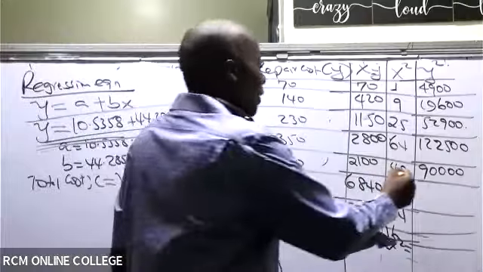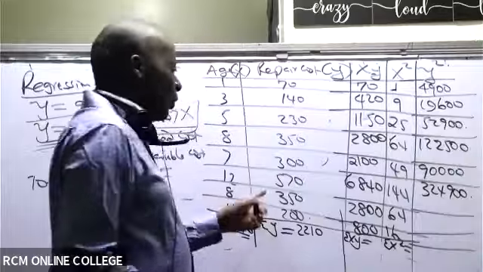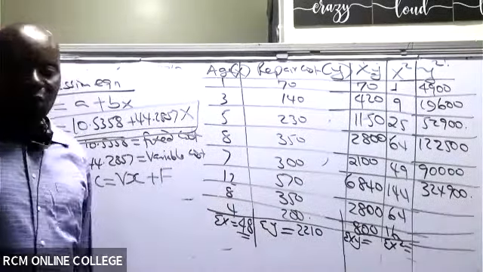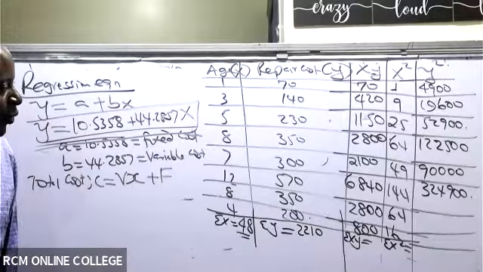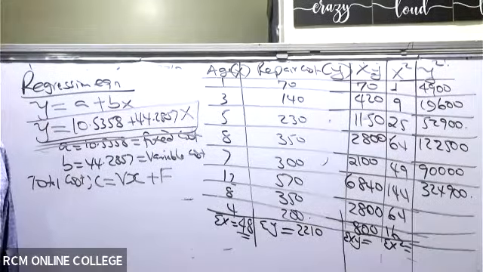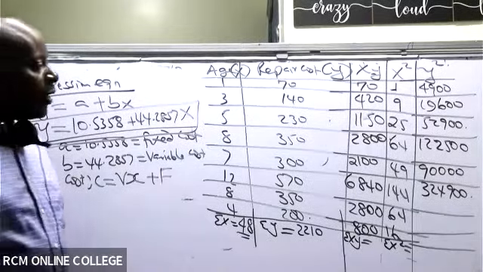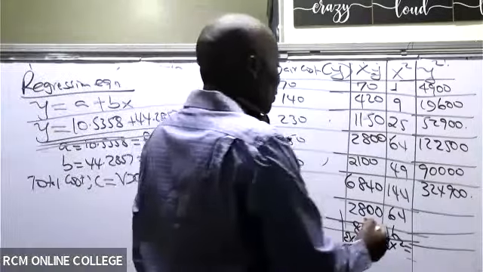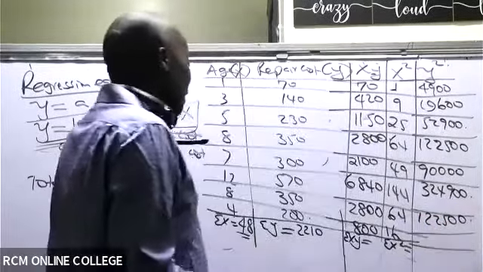324,900. So this gives me 324,900. And then we have 350 squared. I think I had it somewhere. Nope. But we shall overcome. 122,500. Here it is, yes. 122,500. And then now lastly, it is